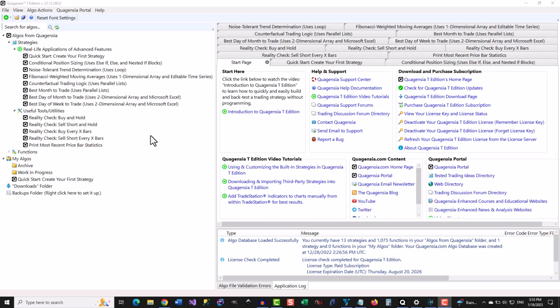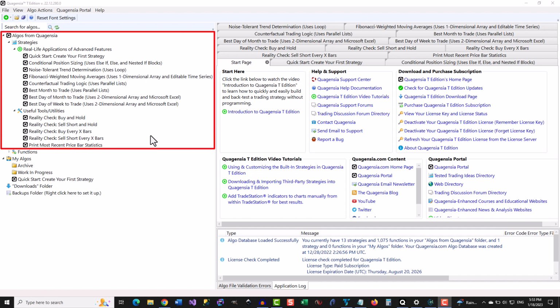Hi, I'm Brooke from Quagensia, and in this video, I will give you a quick introduction to each of the built-in no-code strategies in Quagensia T Edition so that you can use them as is and customize them without code. You will learn the basics of what each strategy does, how to get detailed information on using the strategies, how to use them as is in TradeStation 10, and the general process that you can use to customize them without